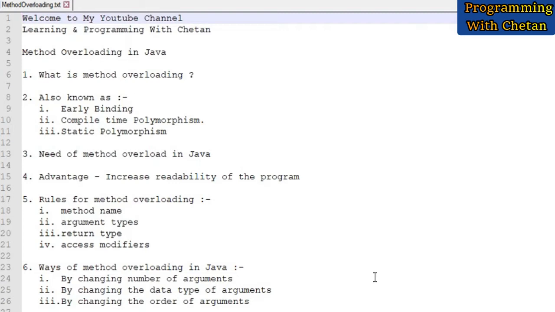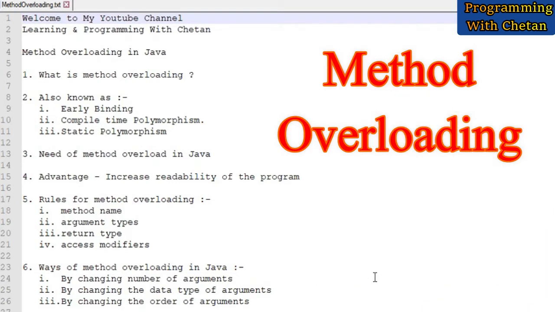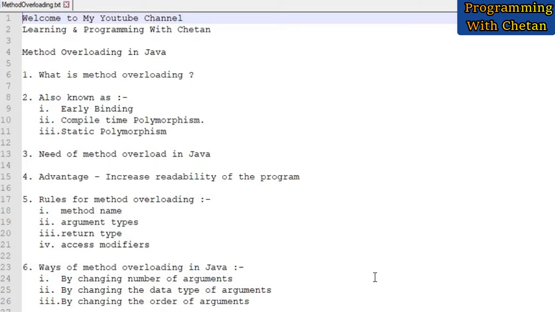Today in this particular video we are going to discuss method overloading in Java. My dear friends, in a previous video we have already discussed the overloading concept in the Java programming language. Overloading means the ability to take more than one form, which means that the same function can perform differently in different